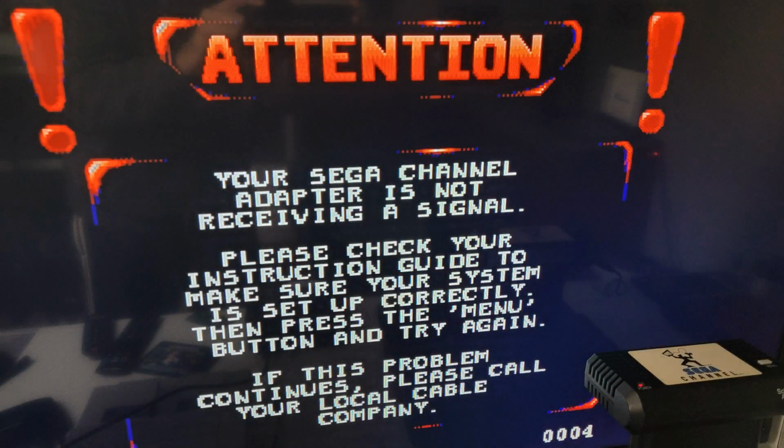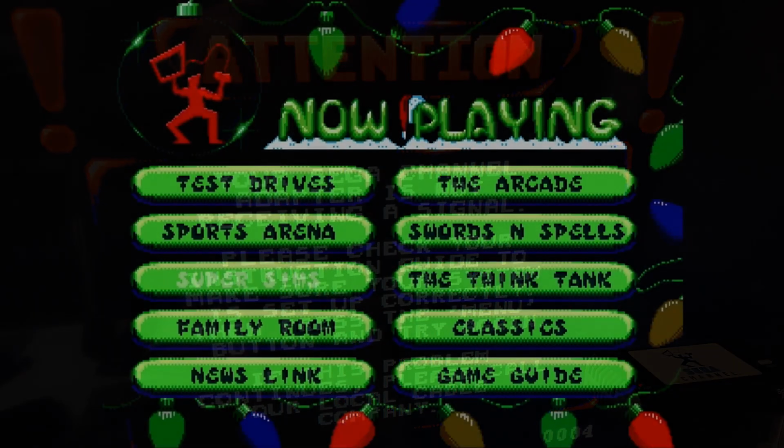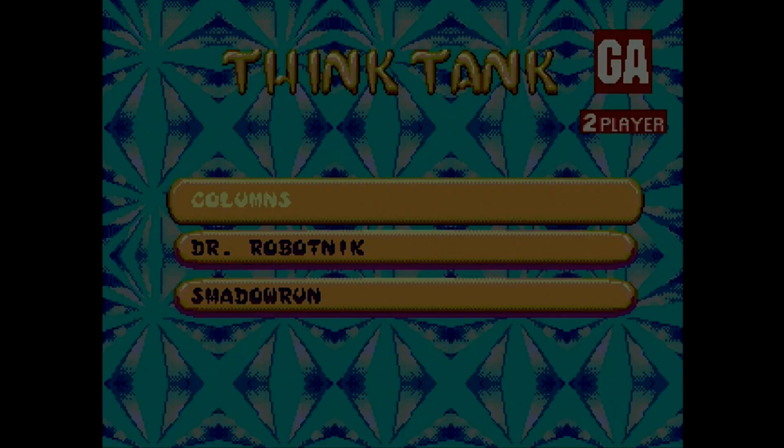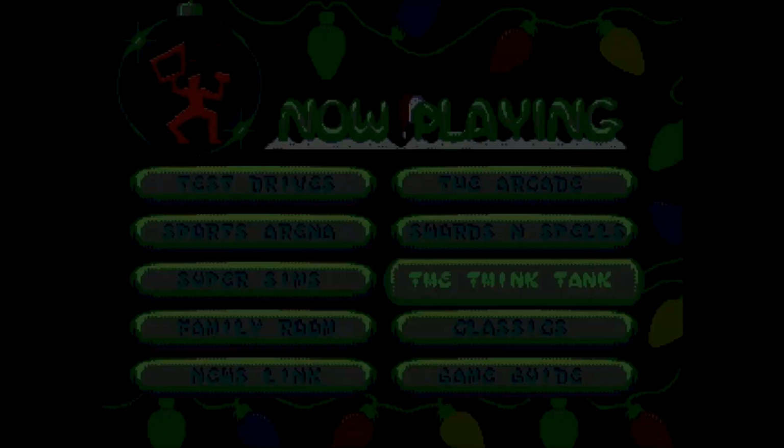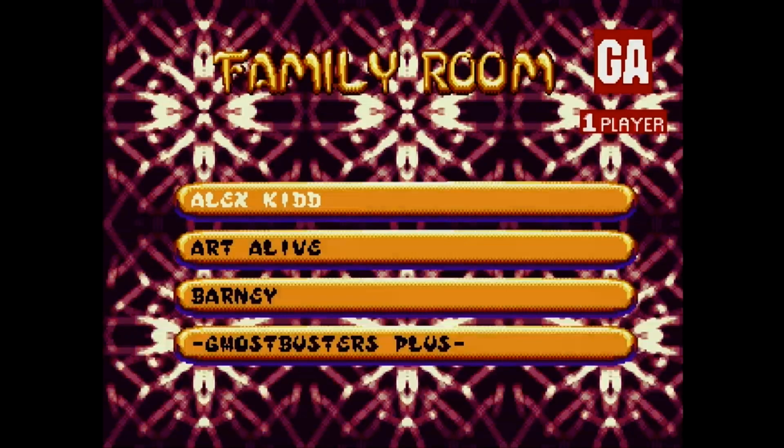Upon the ending of the Sega Channel service, anyone trying to use the Sega Channel adapters would simply be greeted with a screen saying your adapter is not receiving signal. This ultimately made the adapters useless, and some cable companies even asked for the equipment to be returned or fees would be issued. From this point in time, the Sega Channel was considered dead and would only exist in memories